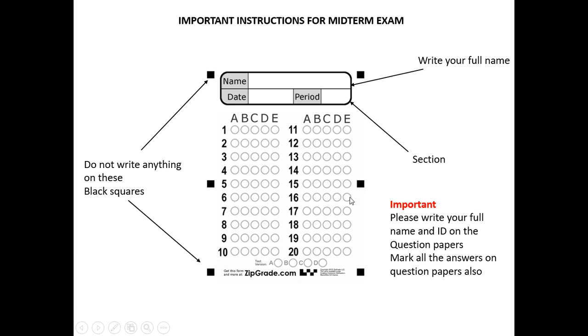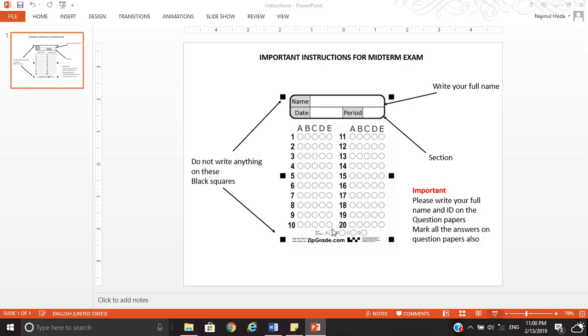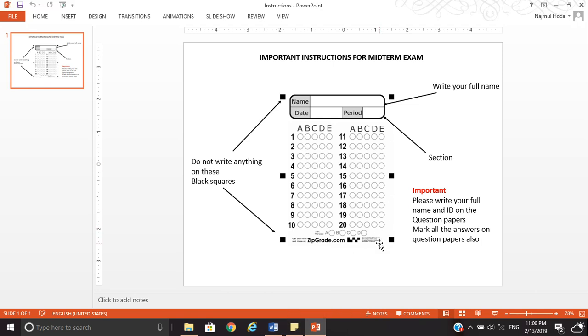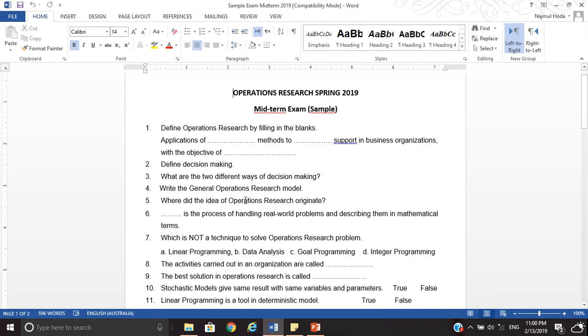Otherwise, you may find some problem, because if this sheet may go wrong, or there is a problem in recording the answers, then I can use the question paper to give you scores. But if you don't submit the question paper, it will be difficult for me to do so. So with this, these are the instructions I want to give. You have time to ask me questions regarding these instructions. All the best. Now let's start with the sample,